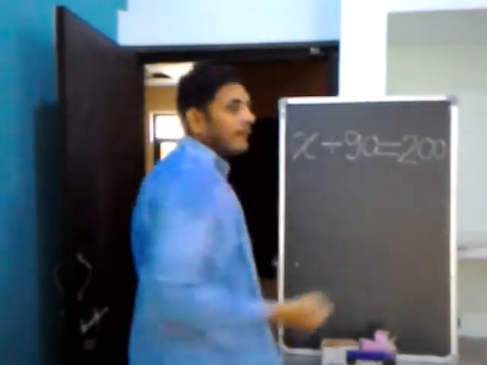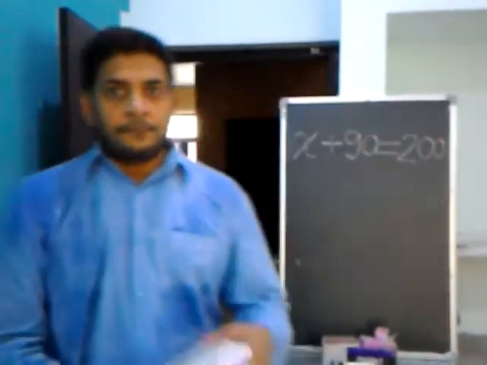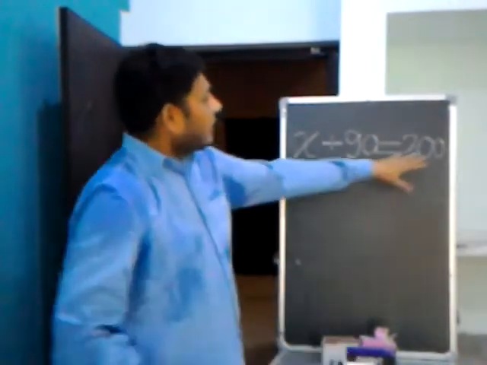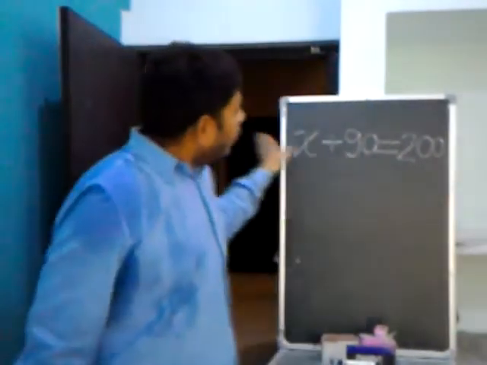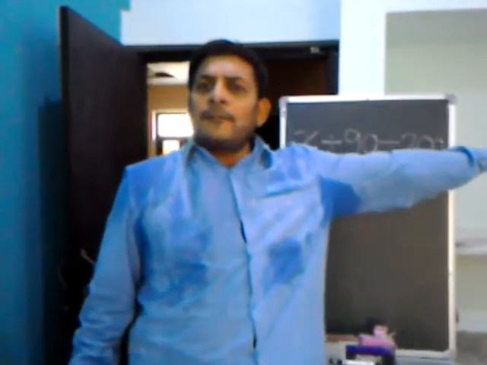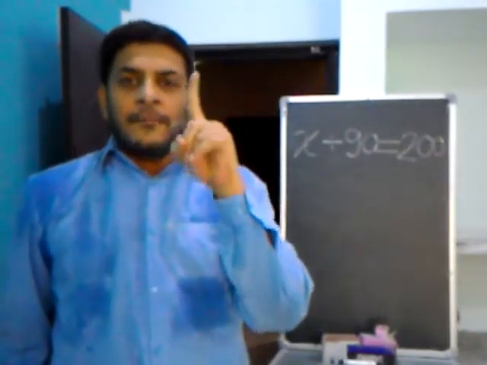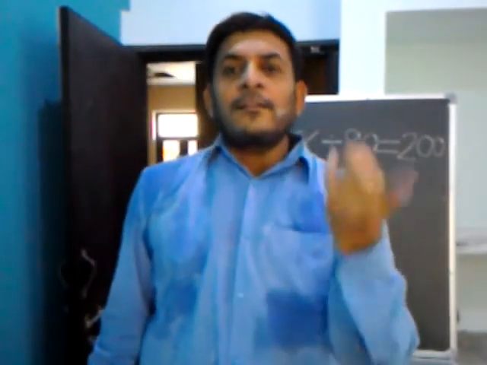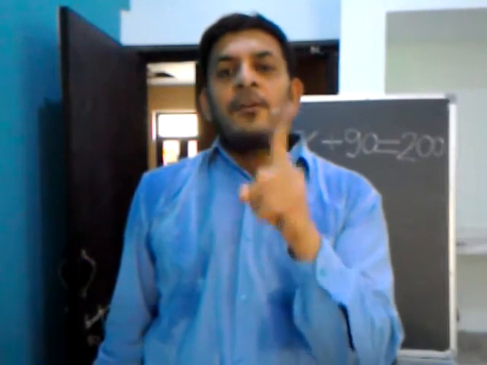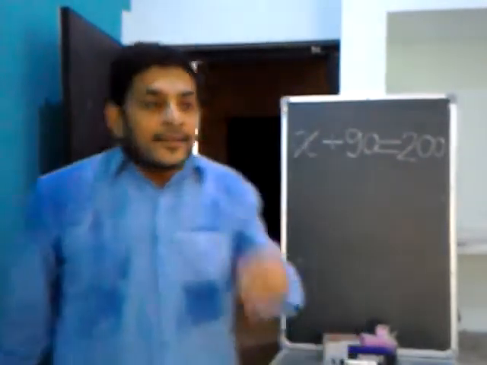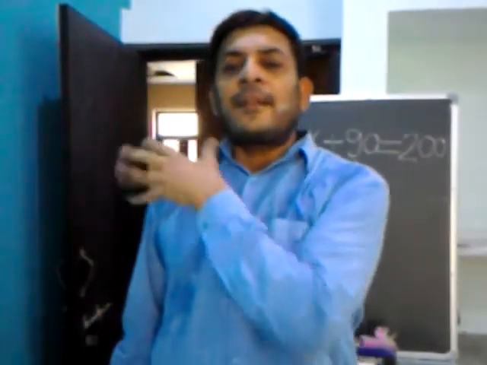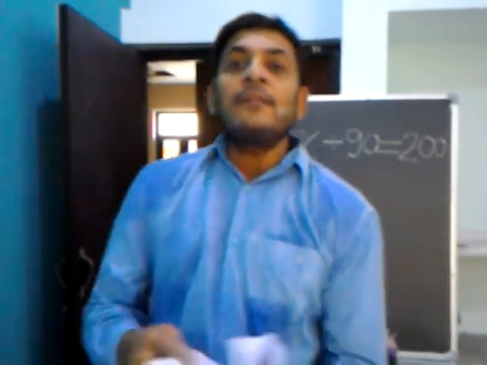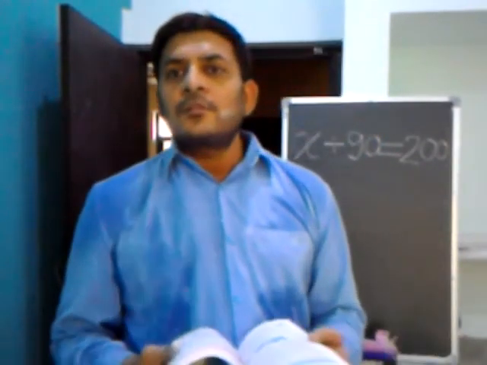This is the example of a linear equation in one variable. Two things are known, only one thing is unknown. So in any equation, there could be any number of terms, but out of them one term will be unknown, and that will be assigned an alphabetical letter and will be called an algebraic term. And the highest power here is 1. No power means power is 1. So the highest power is 1, and this is the example of a linear equation in one variable. Now we will learn how to solve them.